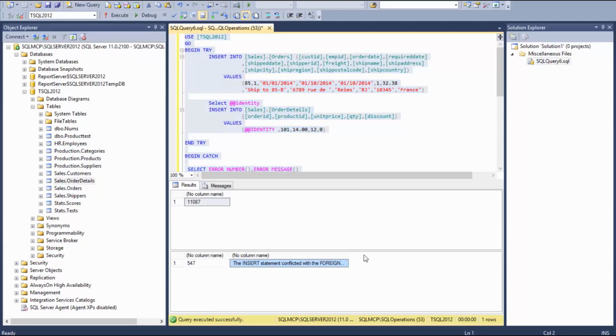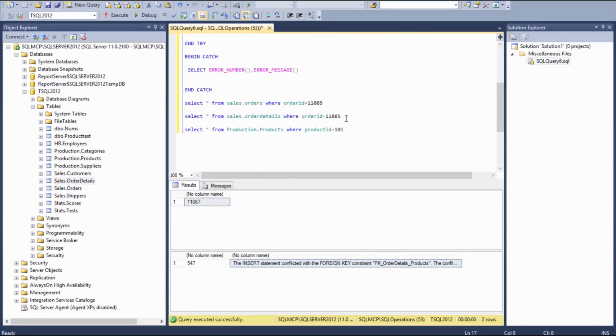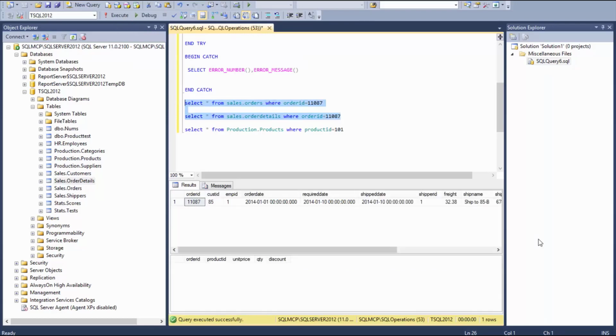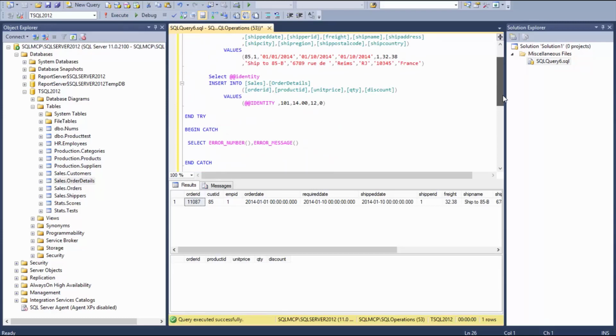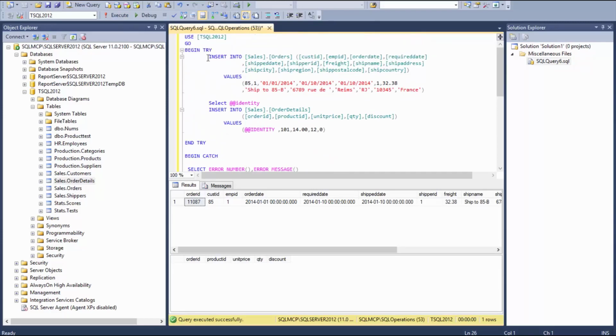And as you can see, the second insert statement threw an error. Now let's see if there is an order in the order details table with the ID 11087 that has been just inserted in the sales orders table. Select both the queries and click on execute. Which means that the batch was only partially successful. To avoid the partial success, we need to enclose both the insert statements, or the whole batch in this case,